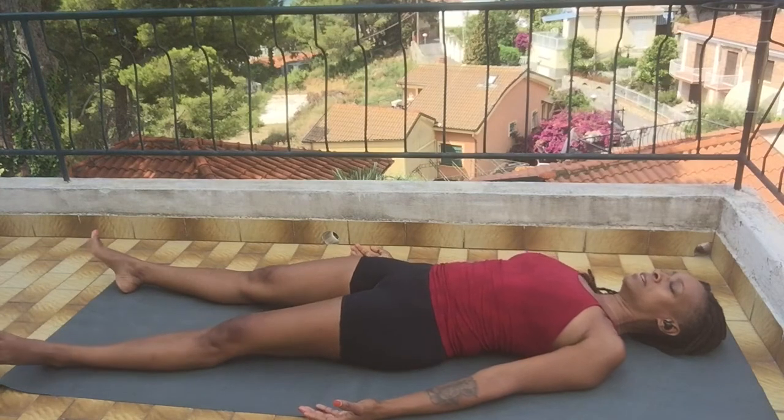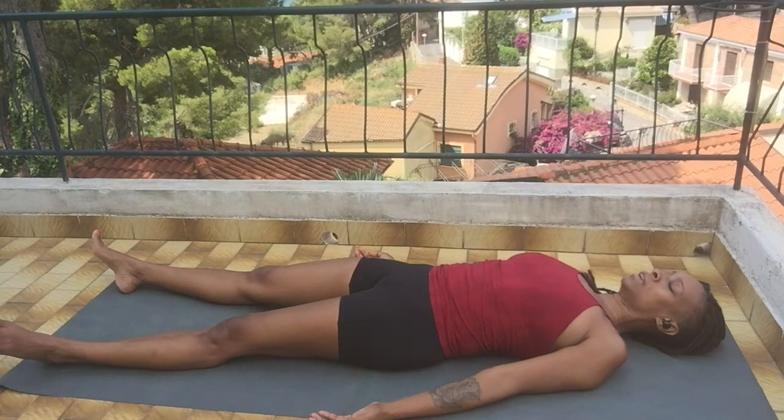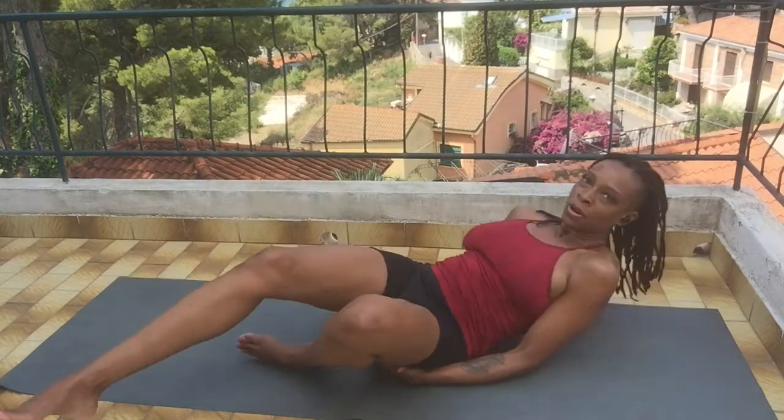Widen your legs. Let your feet splay to the side, let your arms to the back. Release everything to the ground. Take your tongue and move it to the bottom of your mouth and feel your jaw release. Let yourself completely go here and give everything to the earth beneath you. You're welcome to stay here in Shavasana, or